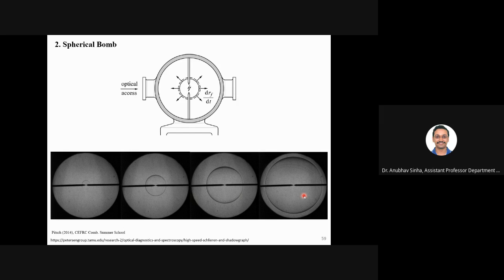Now one question. Let us say this is a closed vessel. What will happen to temperature and pressure as the flame moves out? Let us say initially I have atmospheric pressure, atmospheric temperature, P naught, T naught. What will be the pressure and temperature at this stage? It will be higher or lower or same? So temperature will increase, the average temperature. What about pressure? Pressure will depend upon the reaction and the state of products.